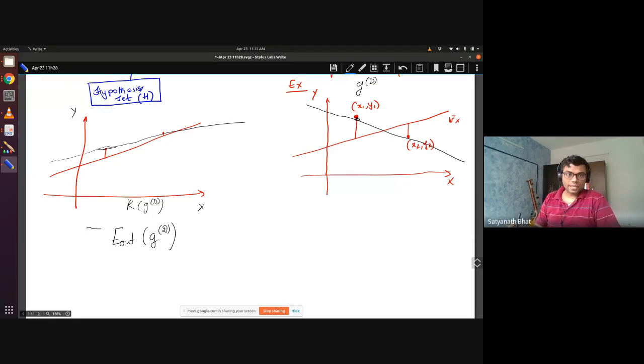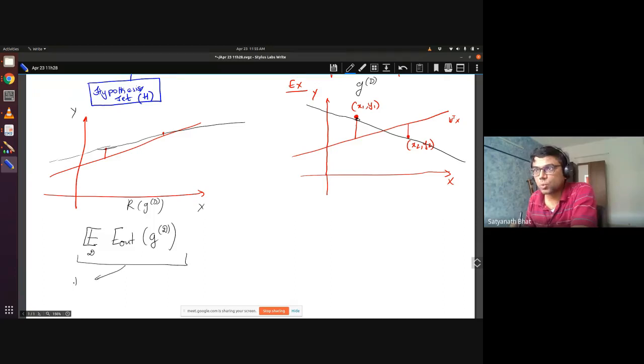So you better take an expectation over the data points. Okay. So this is what we will do. So this is one. If I have to compare 2 different hypotheses, what I am going to do is compare these numbers. This number for the H1 bag and this number for the H2 bag, and whichever is lesser, I will use that bag. Okay. So that is the understanding that I wanted to first make clear.